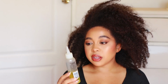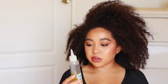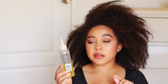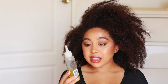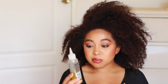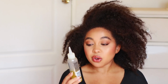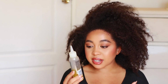So the directions are, you use it on damp or dry hair, massage it onto the hair and onto the scalp, and don't rinse out. You can also use this as a hot oil treatment, and let me just read some of the main oils that are in here. It has soybean oil, methyl soyate, don't know what that is. It has wheat germ oil, sweet almond oil, meadow foam seed oil, shea butter extract, tea tree leaf extract, corn oil, safflower extract, calendula extract,